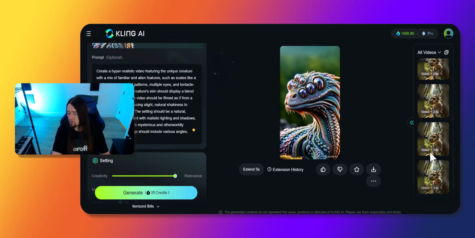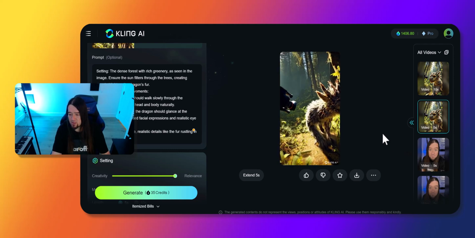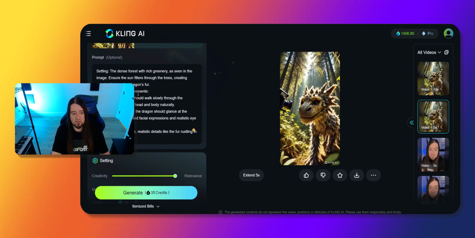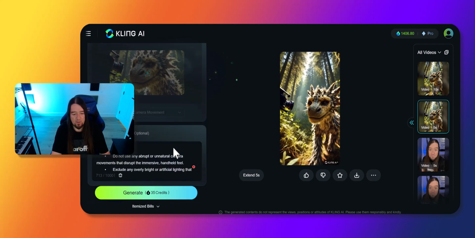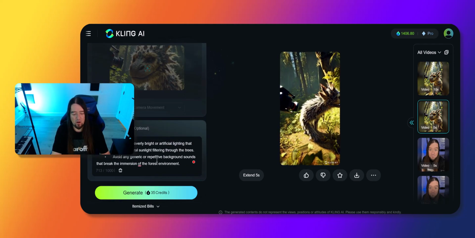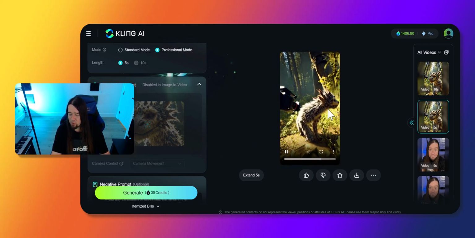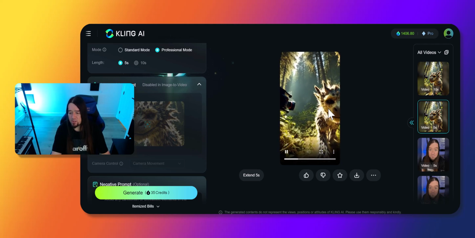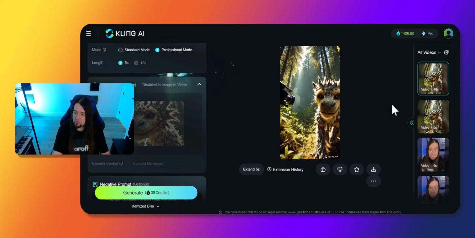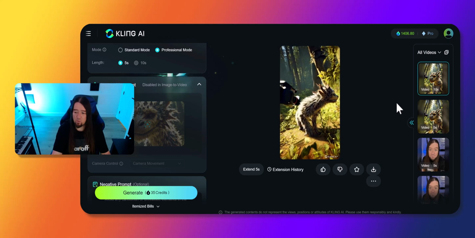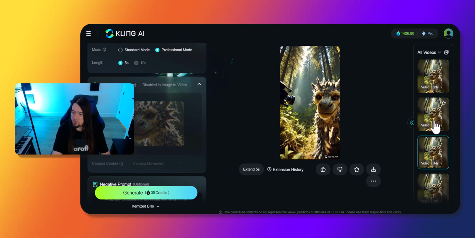Another example of one that I did down here, this is a creature that I created. I posted this on socials, so this was one I did. You can see my prompts over here, my settings, all the way to relevance, professional mode, and then I do have my negative prompts. I did have a longer prompt inside of here for the negative, but you can see this is pretty cool. And I'll show you some tricks too. I might show you some edits on the phone that can actually make this stuff look super realistic. And then, you know, we have some of these other versions of it as well. You know, he's looking that way, and some of them aren't as good, but